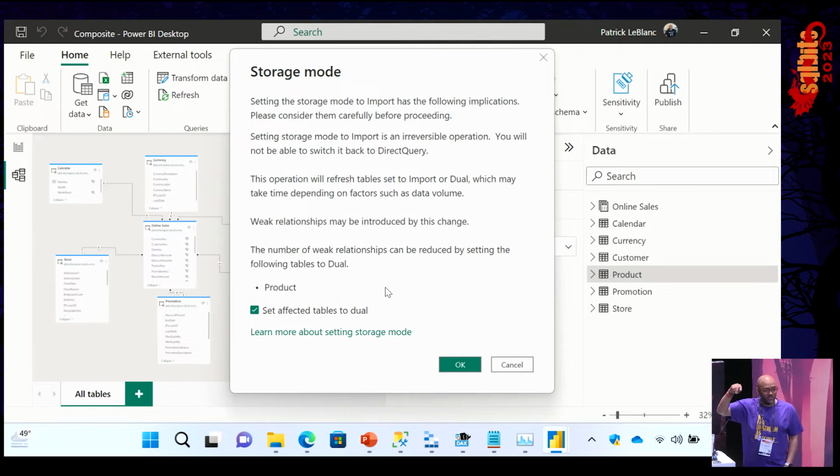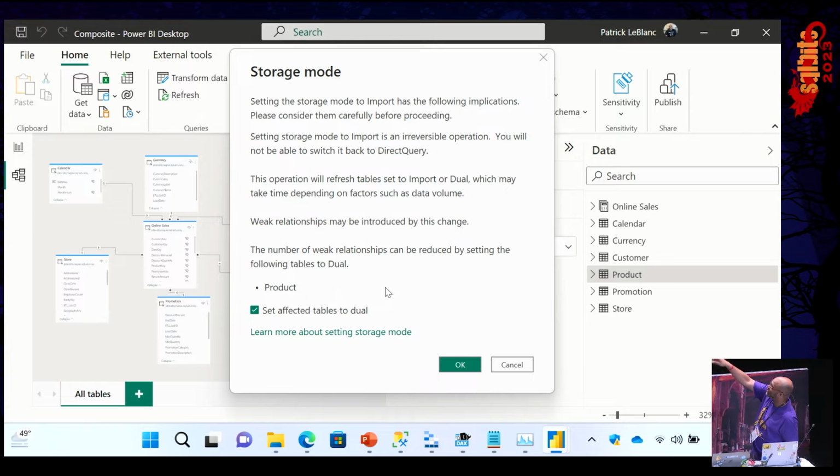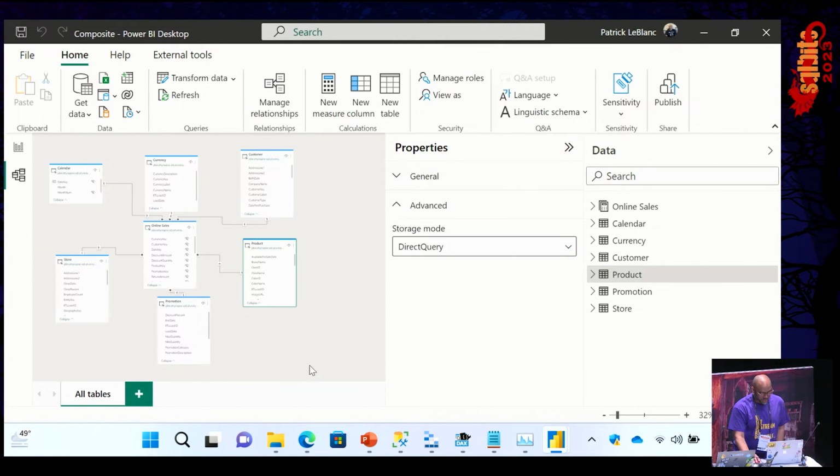What you're about to do is switch this table to import, but we're actually connecting to a DirectQuery table, and it's going to create a weak relationship. Let me show you what I'm talking about. Limited, sorry. I think this says weak. It does say weak. Yeah, but it is limited. They changed the name.